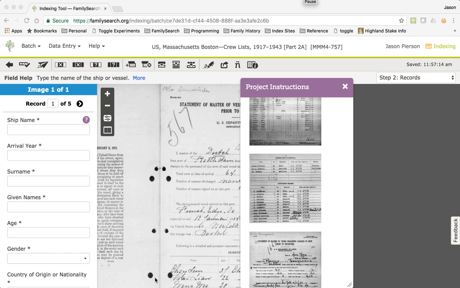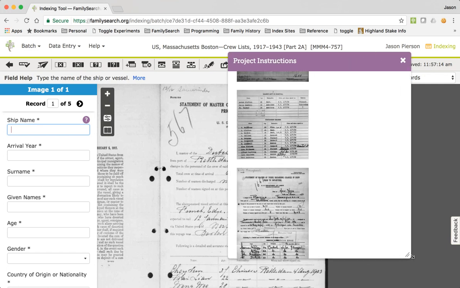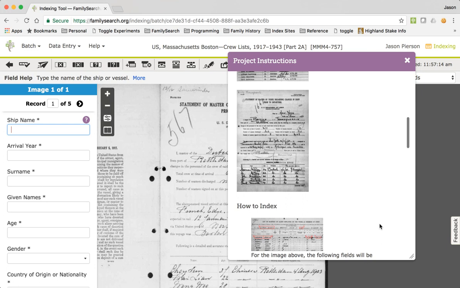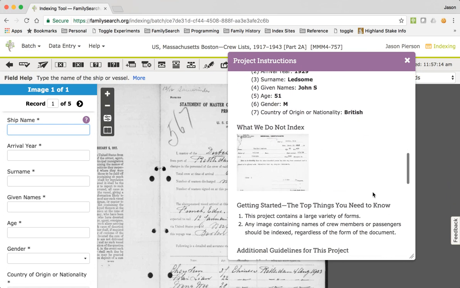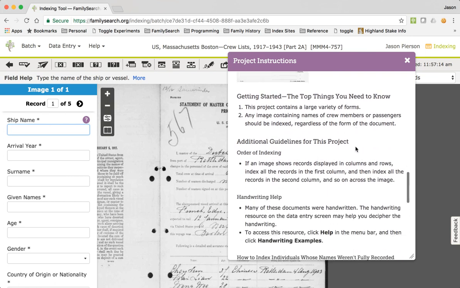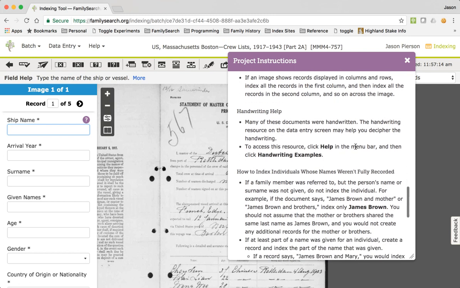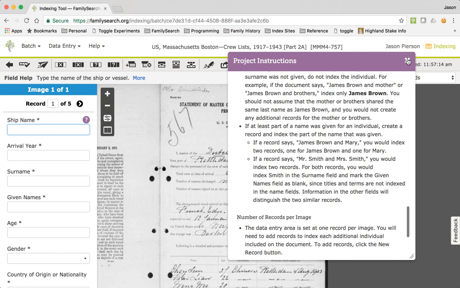Let's continue with indexing our batch. We've recently completed step 1 in the prior video, and now we'll move on to step 2 where we index the records. I've had my project instructions open. I'm going to read through these carefully and come to understand the things that are important about this project. There are very critical things here that we need to understand about what not to index, what to index, and how to index it. These are things general to the entire project. I'm going to close these,